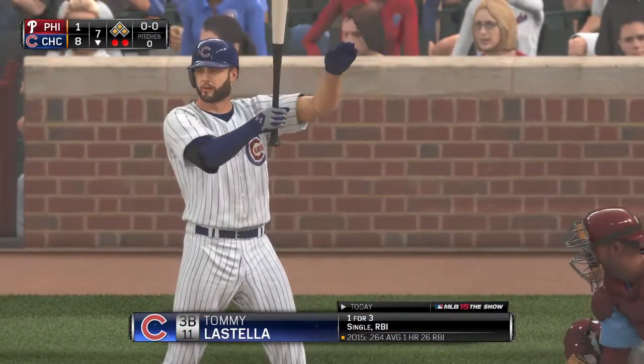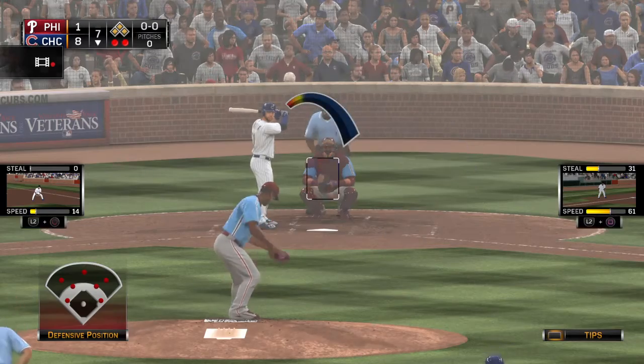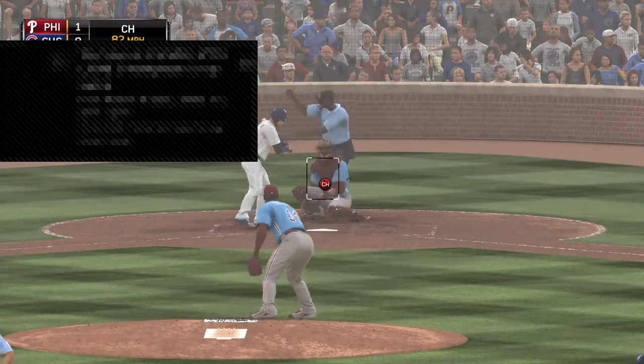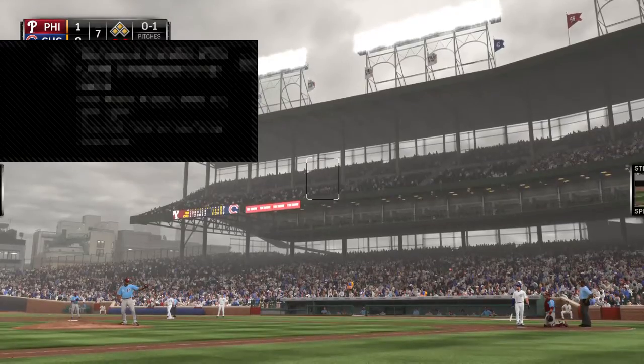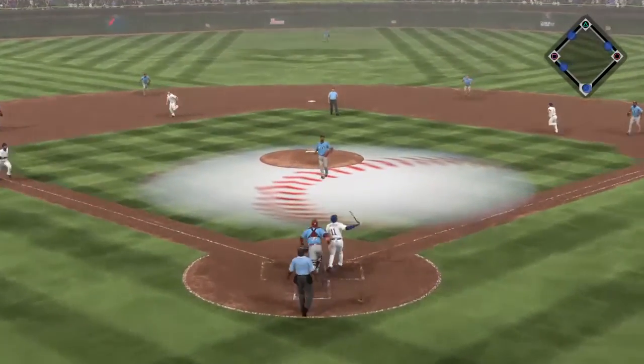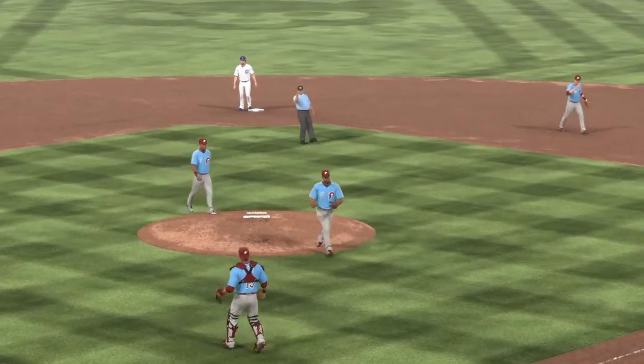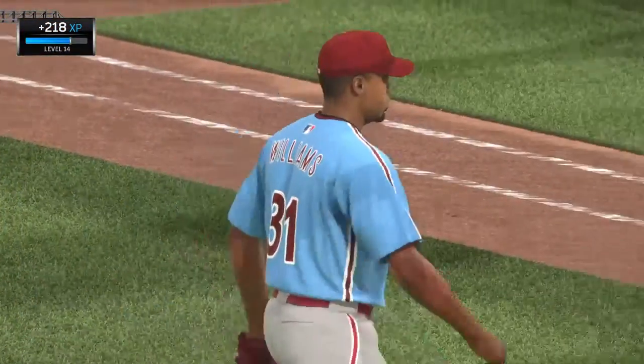Tommy LaStella will stand. Here's the first offering. In there, no balls and a strike. Yeah, definitely taken all the way. Not a bad idea with the bases loaded. Here's a swing and a high pop-up out in front of the mound. Williams is there now as he makes the catch, and they're able to avoid the huge inning here as the